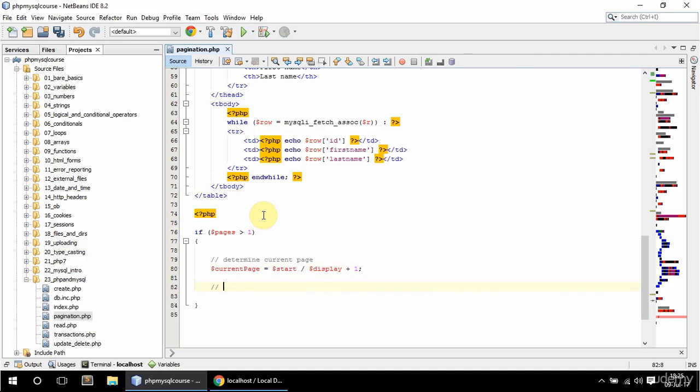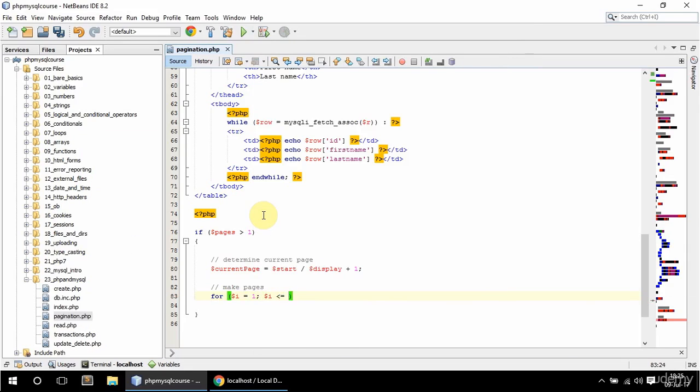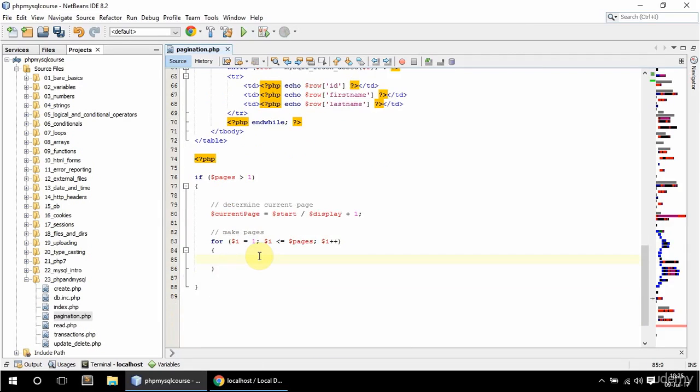Okay, and then I need to create the other pages, so I'm gonna just say make pages here, and for that I'm gonna have a for loop and I equal to 1 here, and while this I is less than or equal to pages, and I plus plus, and in here I'm gonna create links. So I'm gonna say echo and create an a tag here, href, and that's gonna be equal to pagination.php, and